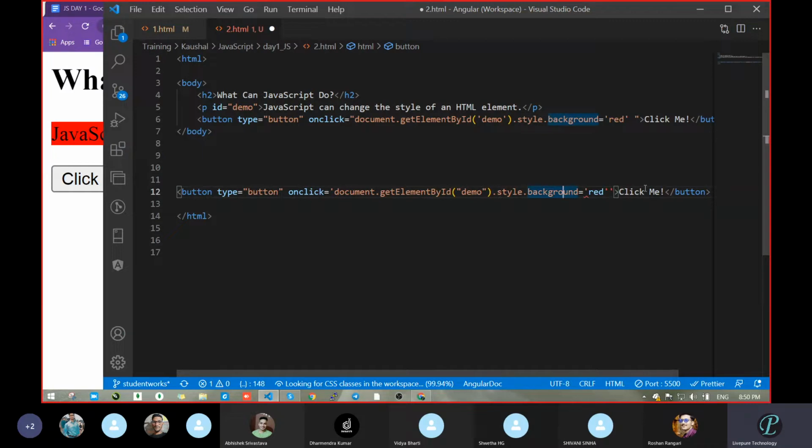Then again there is the problem at this location, because now this single is for the read purpose. But the parent single quote thinks my closing is here only. So don't take it. Here we will pass the double quote, and here also we will pass the double quote.